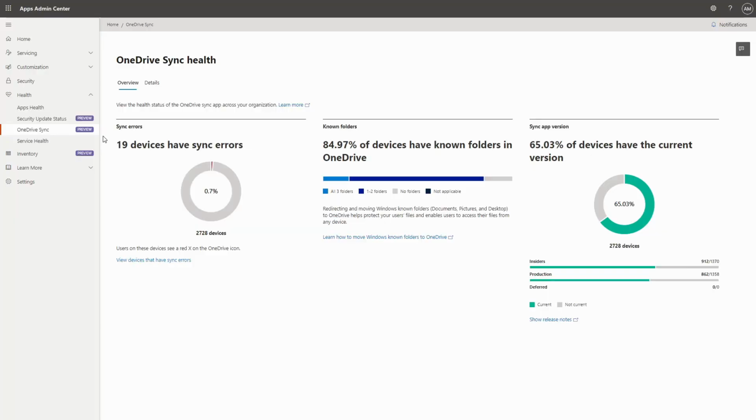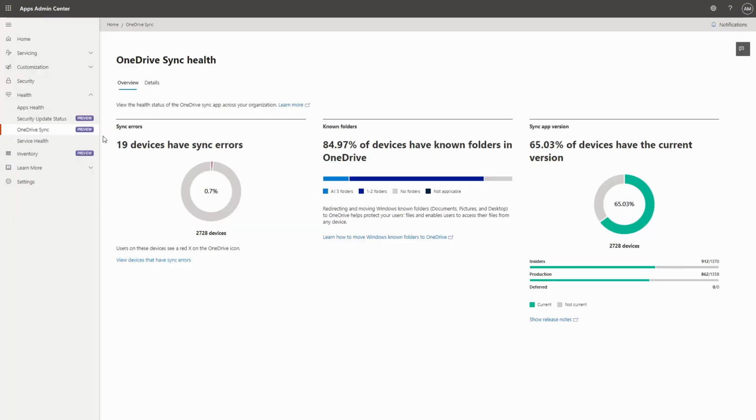You'll go through a basic setup process, which will link to the description below so you can find out exactly how that works. And you're going to need actually a minimum version of the sync client in order to report all of this. There is a small amount of setup that needs to occur, but once you get that, you're going to get this rich set of insights that I'm going to show you here.